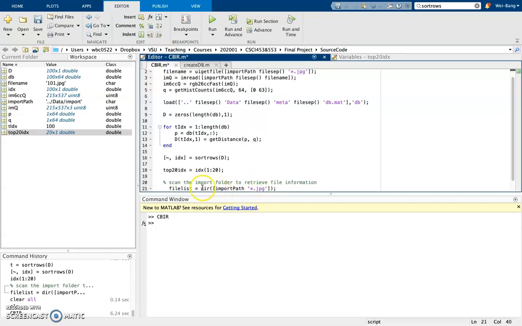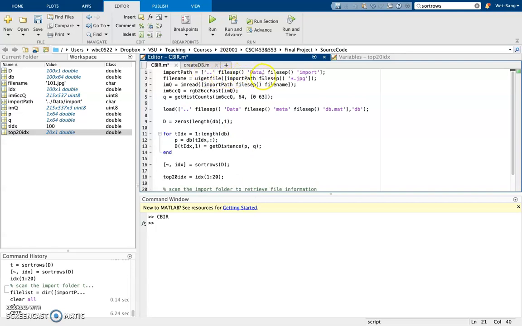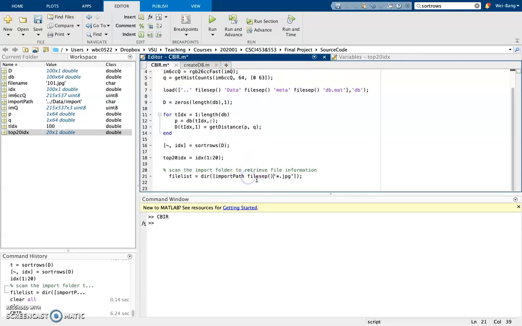In order to scan the folder, we do have the import path, but we need to add a file sep here because the import path in the CPIR is the parent folder data import. So we need to add a file sep in order to scan the import folder. If we try to run this line,